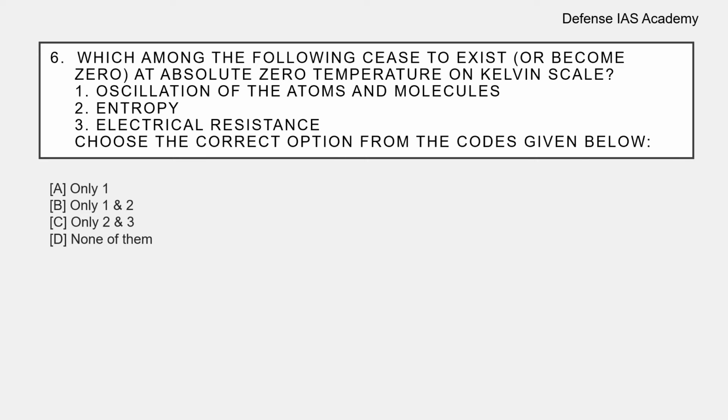Question number 6. Which among the following cease to exist at absolute zero temperature on Kelvin scale? 1. Oscillation of the atoms and molecules. 2. Entropy. And 3. Electrical resistance. Choose the correct option from the codes given below. The options are option A only 1, option B only 1 and 2, option C only 2 and 3, option D none of them. The correct answer is option D